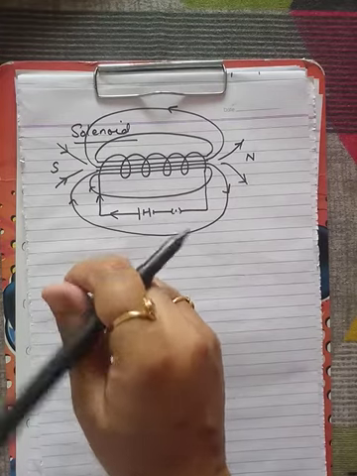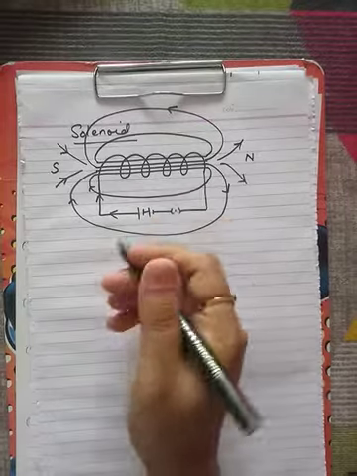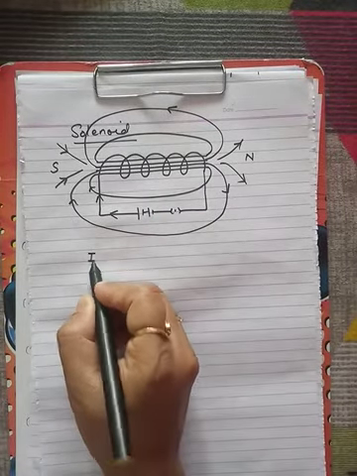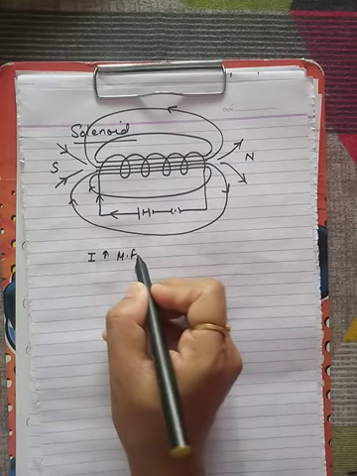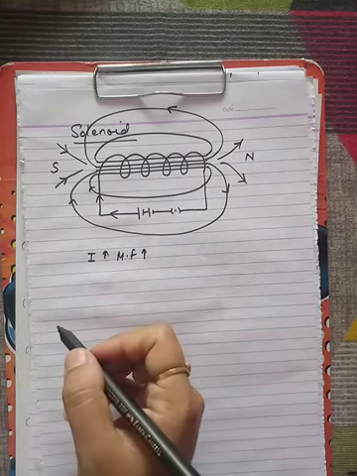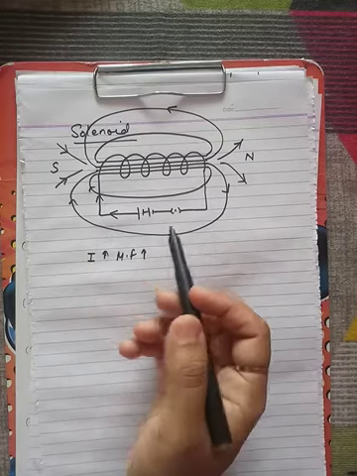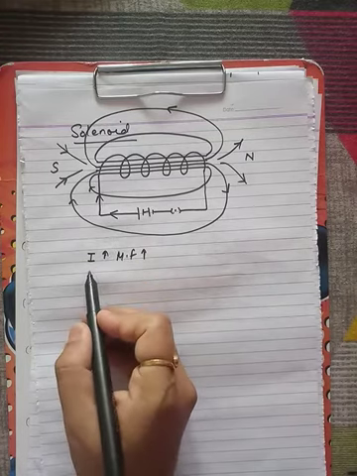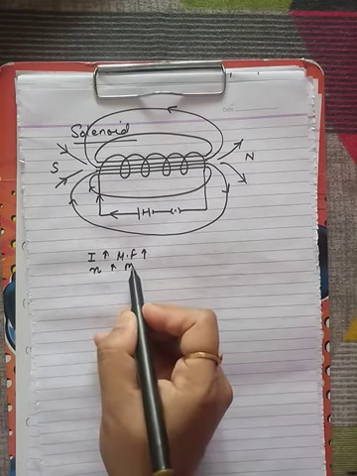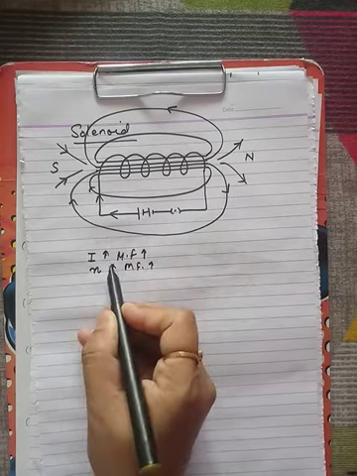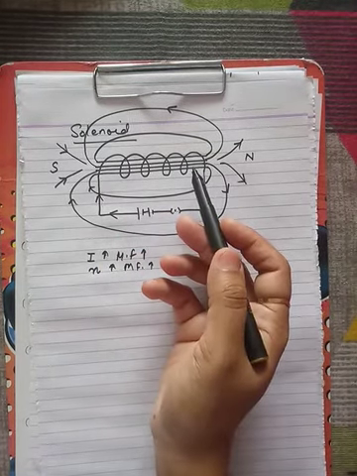Now in this case, on how many factors the magnetic field depends? Actually magnetic field depends upon again the similar factor, the amount of current I. If I increases, magnetic field amount is increasing, so strength of magnetic field increases if this current value increases. And here if the number of turns, that is N, increases, then also magnetic field increases. More the number of turns, more will be the magnetic field.